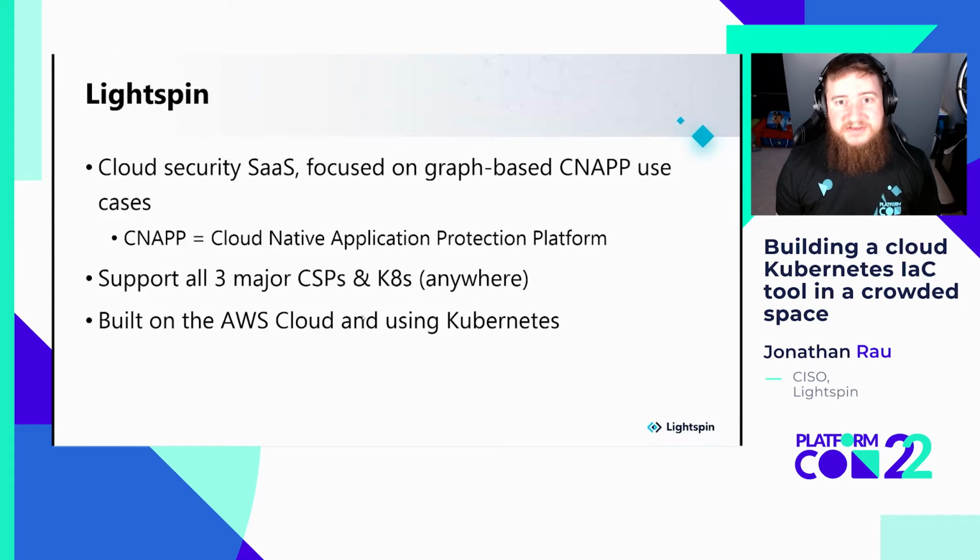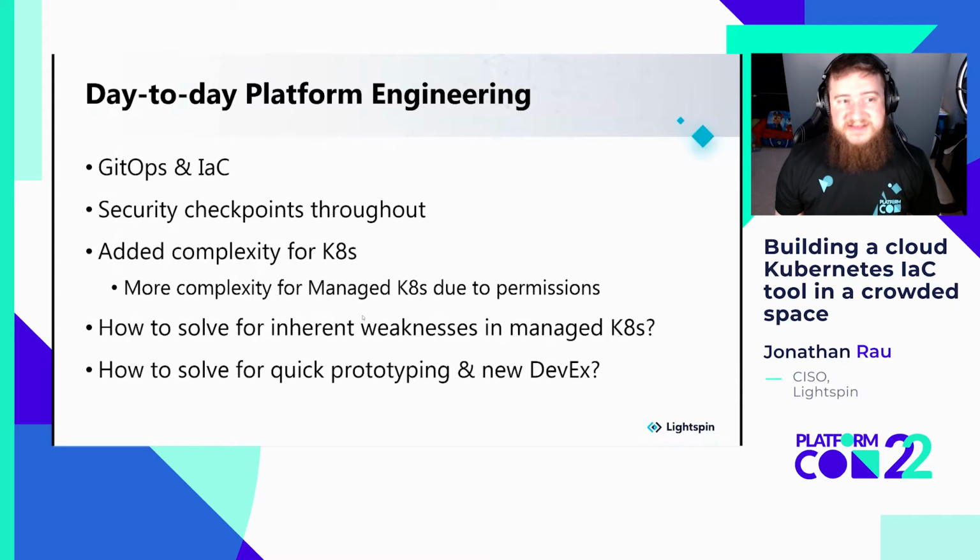Sometimes we provide the remediation, and sometimes we just give instructions on where to attack the kill chain to collapse that attack path down. So, think that you get dozens of findings versus tens of thousands, depending on the size. We support all three of the major CSPs: AWS, Azure, Google Cloud. We support Kubernetes running anywhere, as long as it's K8s compatible, depending on the version. And we're built on the AWS cloud using Kubernetes now.